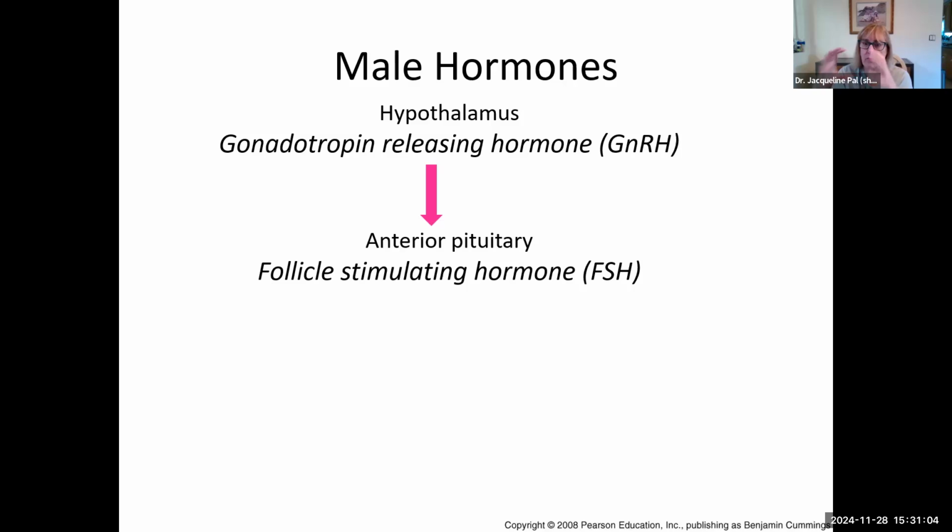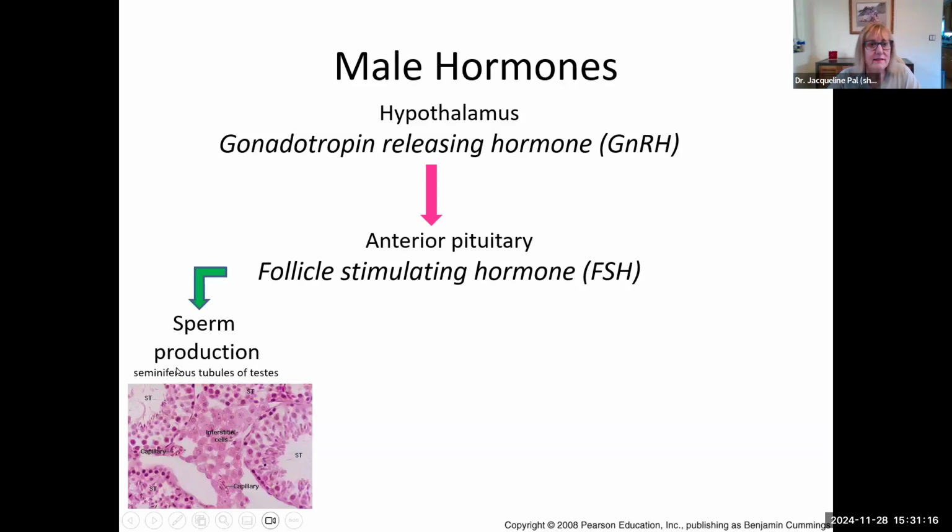What do men have that are round structures that have cells that become gametes? Oh, seminiferous tubules in the testes. Oh, okay. So now you know where the follicle stimulating hormone is going to act. It's going to act on the seminiferous tubules of the testes and give us sperm production. Okay, so it's acting here and here. It's going to allow the sperm, it's going to allow you to have that mitosis to go to meiosis 1 to go to meiosis 2, that whole process